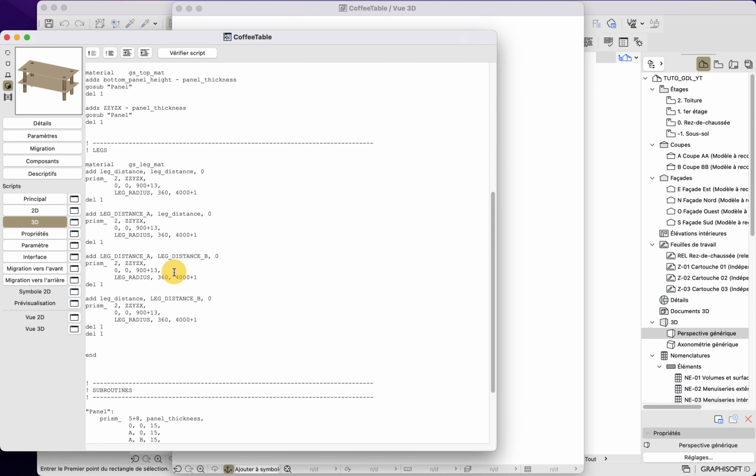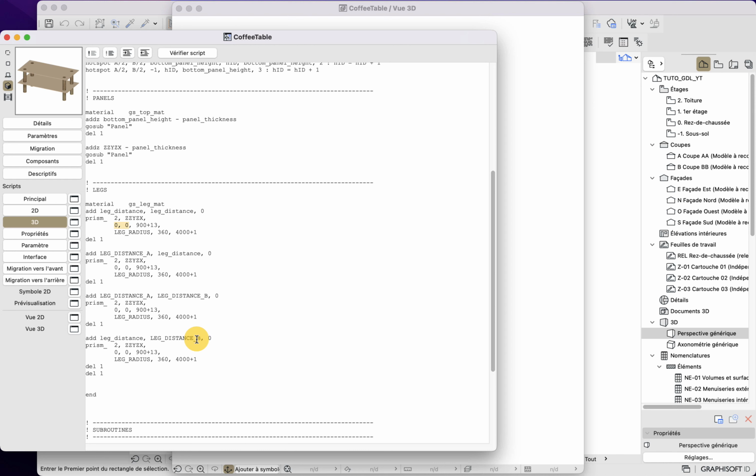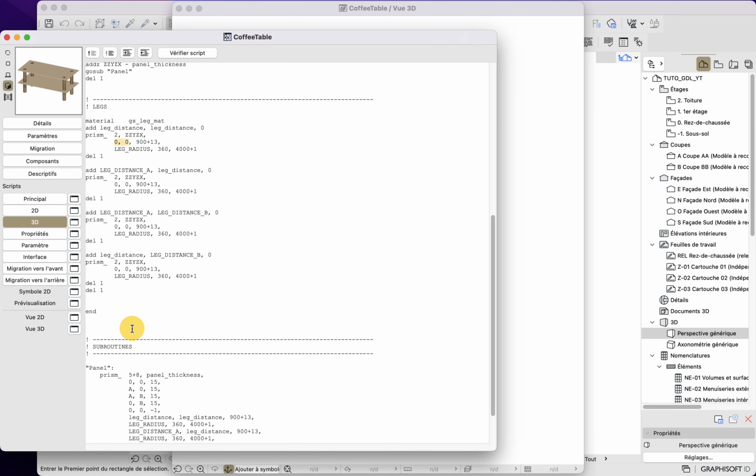So we can do the same for this one here. And this is also the reason why I didn't want to put here the location and the 3D transformation directly within the command. It would have been easier to copy paste when we did the cuts into the panel, but here you can see that now I can optimize my code because this is the same.